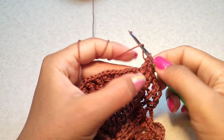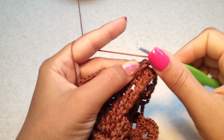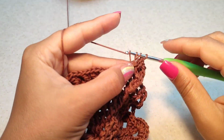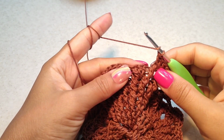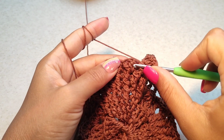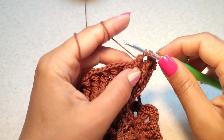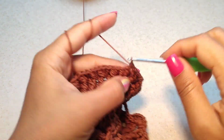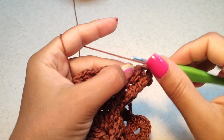1, 2 and 3, again 3 front post double crochet around the second of this 3, 1, 2, 3 around the second, 1, 2 and 3,